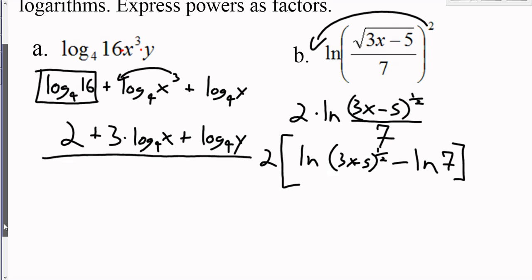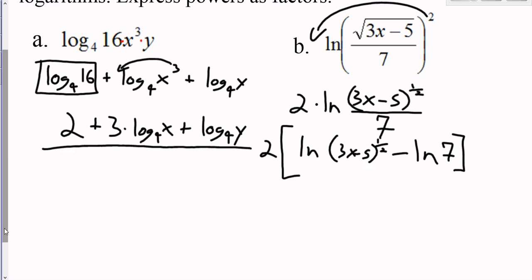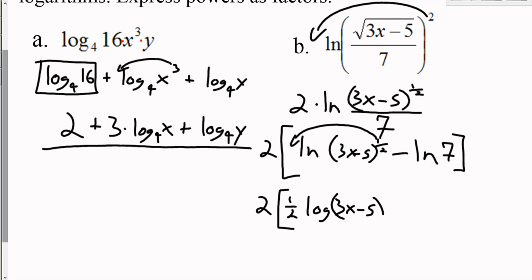Then to simplify this, now I'm going to employ the power rule here, and I'm going to get 2, still there, the 1/2 of the log of 3x minus 5, okay, minus ln of 7, okay, and then I'm going to distribute my 2 to both